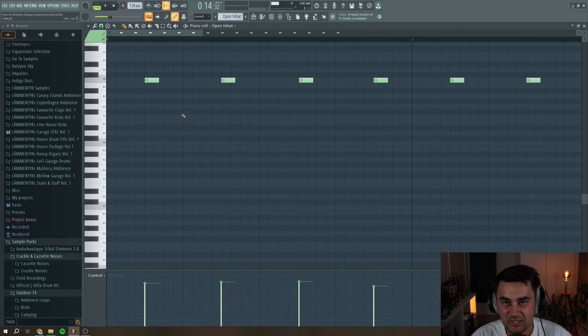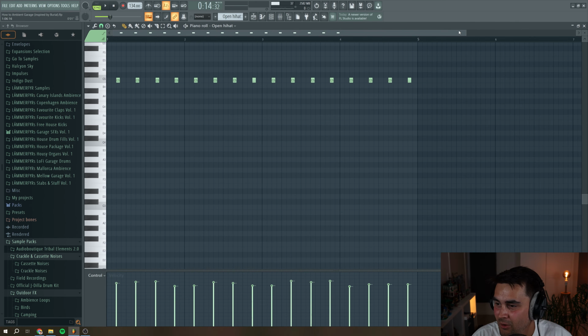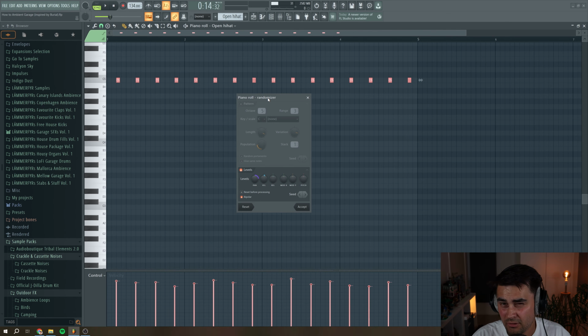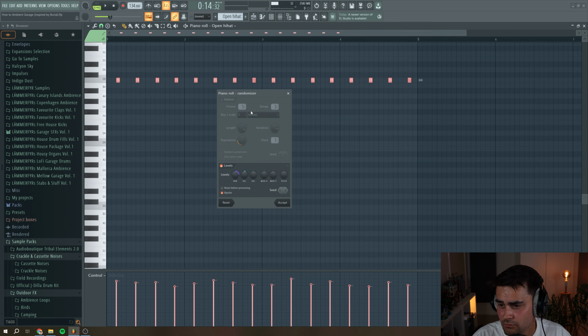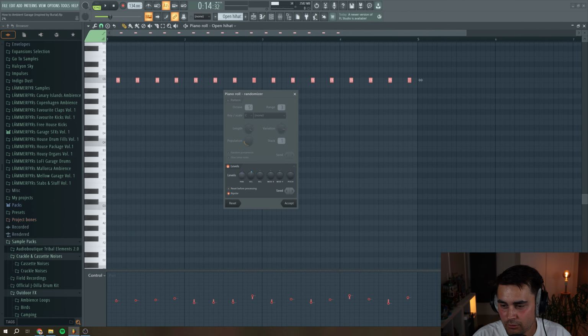And one cool thing that I learned not so long ago is that in FL Studio, now I have all of these notes on all of the offbeat notes. But what you can do to add a little bit of quick movement is that you can highlight everything, then press Alt and R for random. I think on Mac, you can press Command and R. Then you get this menu up here. And if you just deselect this one and just use the levels, basically what you can do is